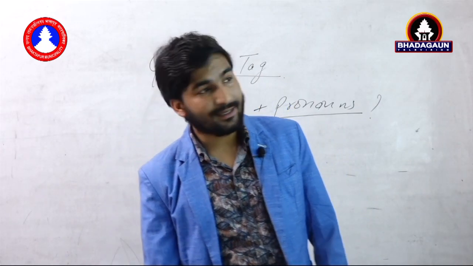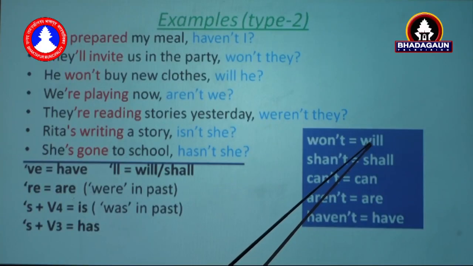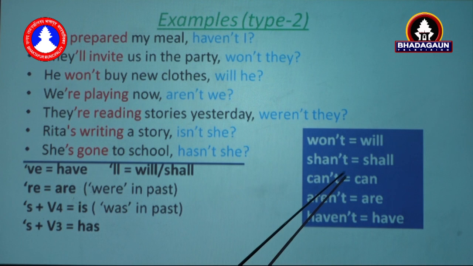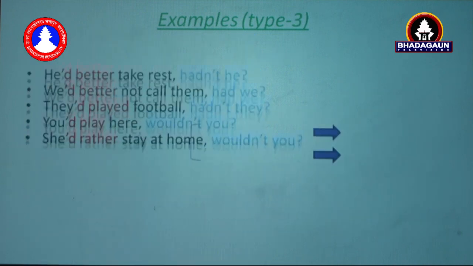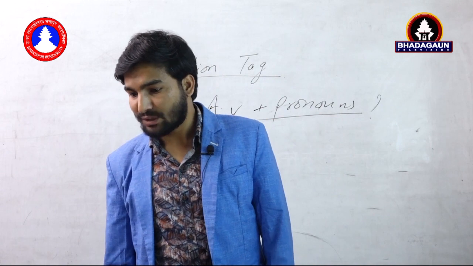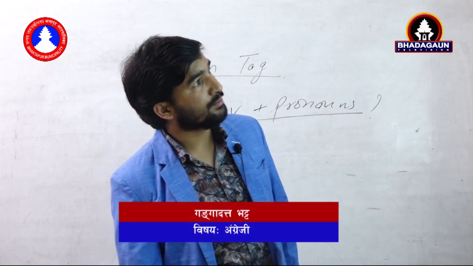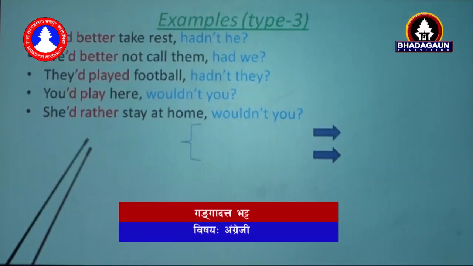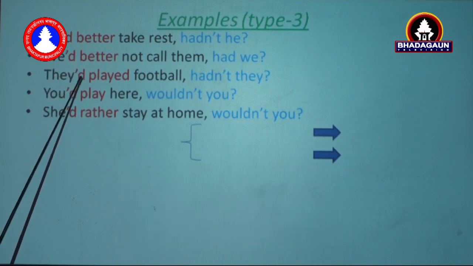So again, won't means this is the negative of will. Shan't, negative of shall. Can't, negative of can. Aren't, are. Haven't, have. Now again we are dealing with contractions. Here the contraction is only apostrophe D, apostrophe D, again the same. So regarding this one,